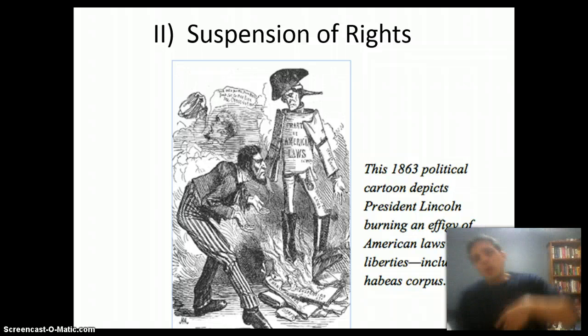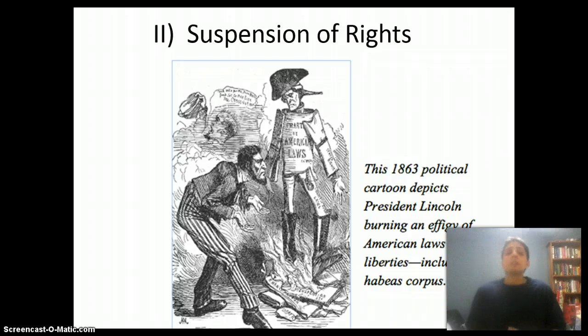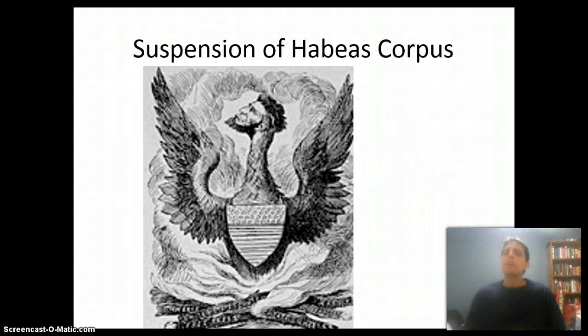Now, what we're going to focus on with the second part of our screencast here is how Lincoln suspends rights and why he does it and where he does it. So the first thing, and the most famous right that is suspended under Abraham Lincoln, is the right of habeas corpus. And what that means is,